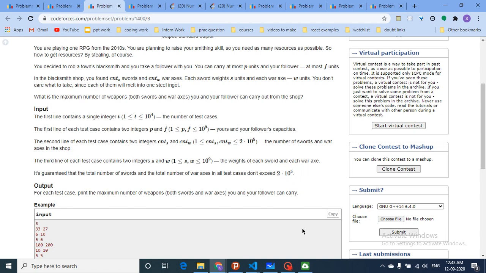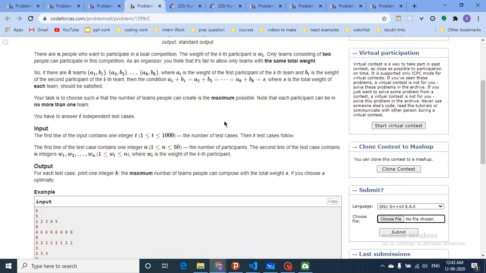Or you can do this in O of n log n, because of what is given. Now come to this question. As you can see, I'm not reading the question, I'm just explaining with this constraint. It is not always possible that you have to do this, but using the constraints you can get some idea. As you can see in this, n is up to 50 only, and t is up to 1000. Now just come down to the drawing board.